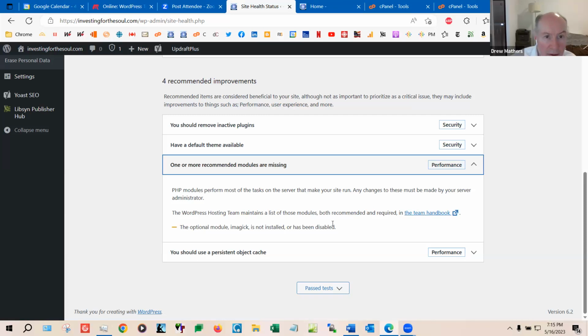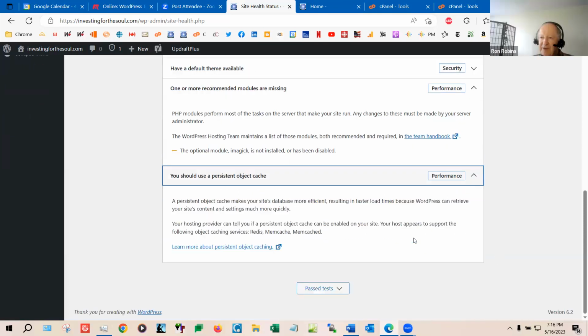All right. We just look and see what it's offering under the persistent object cache, which is the next one. Yeah, and that's supposed to have been already solved. I went to the host with all these issues, and that was supposed to be solved already. Well, if they did install one of these like memcached or Redis, that could be causing this problem.